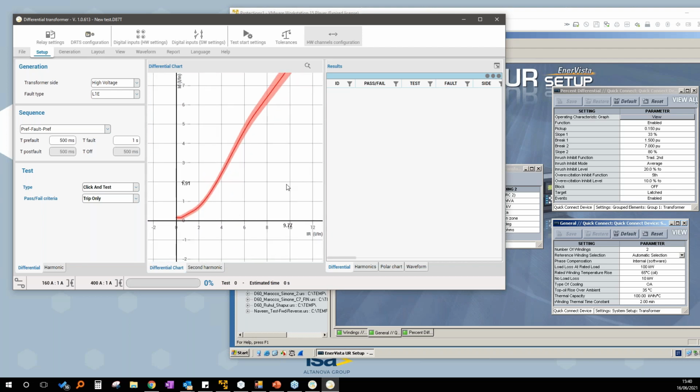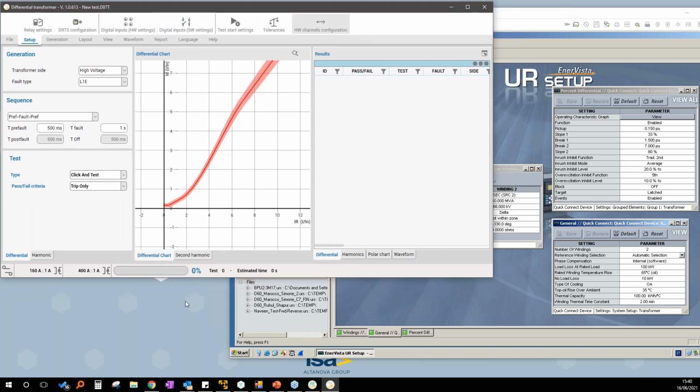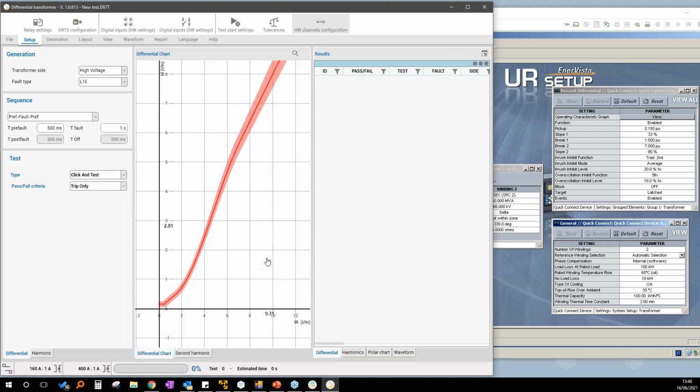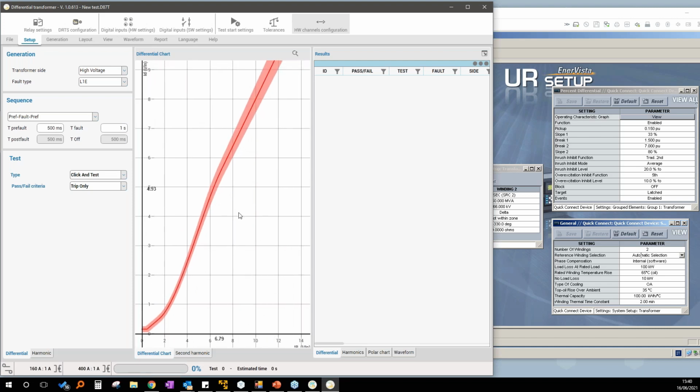Can do some zooms. Okay, so now we can do some tests in order to see that every point in this plane will generate the differential current exactly according to the values in this plane, because it's important to verify, before starting any test, that the relay is measuring correctly all the currents.